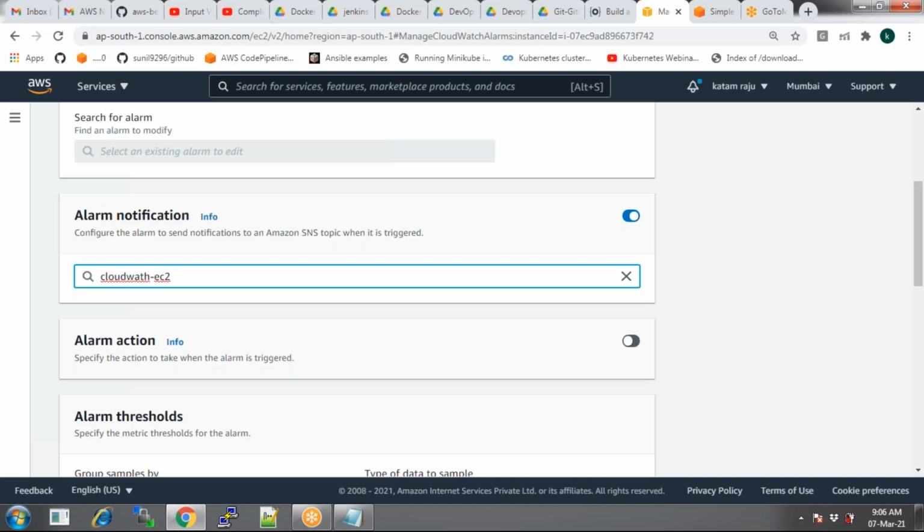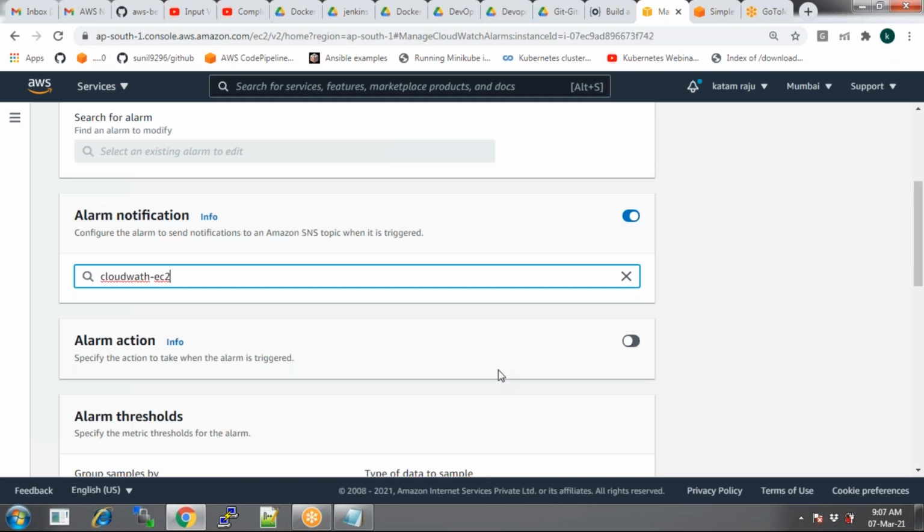As an administrator, my responsibility is to take care of EC2. But in my team there is another team member. His responsibility is monitoring RDS, taking care of RDS instances or databases. So in the RDS alarm, I will be providing his email ID, and in the EC2 alarm, I will be providing my email. Okay, so that is how it is done.